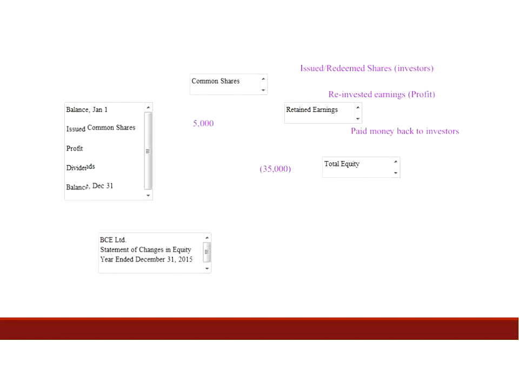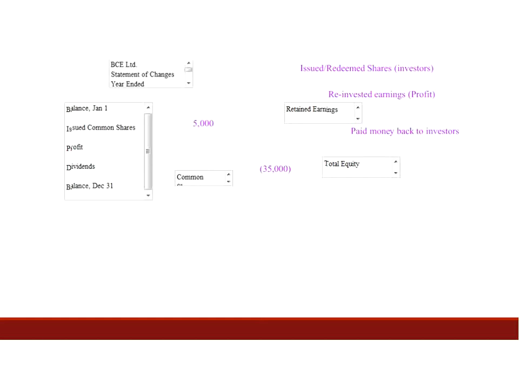Okay, so let's take a look at our statement of changes in equity. Again, we're going to start off with our title: company name, the statement, and our time period. And our statement of changes in equity again talks about how did we issue any shares, did we bring any